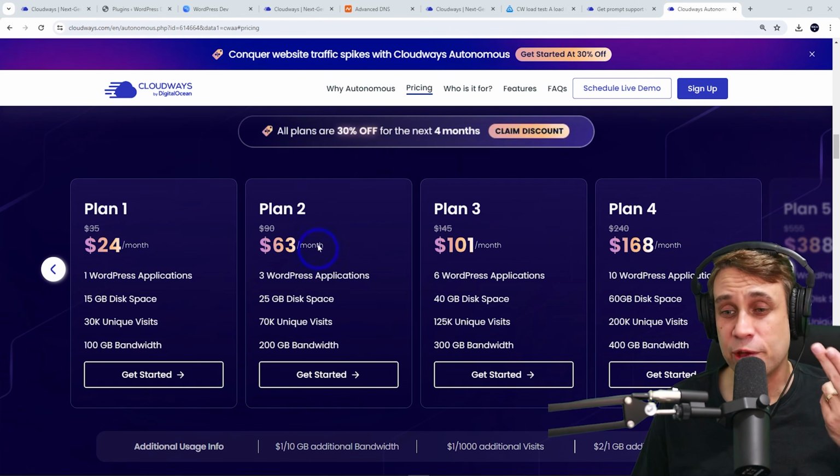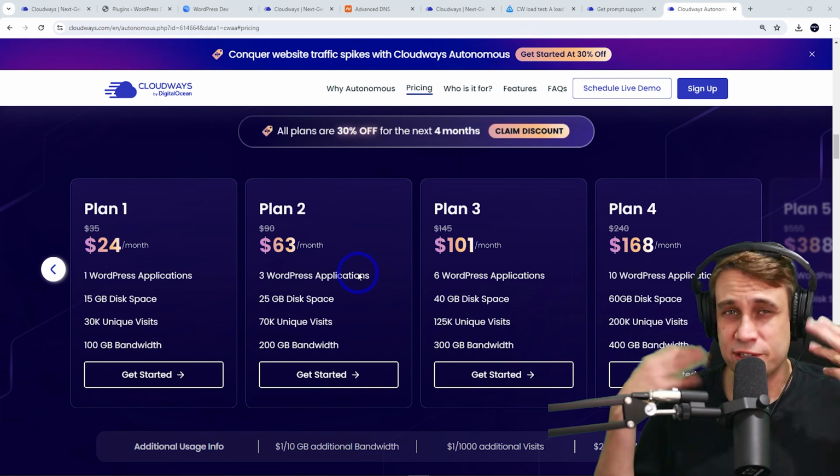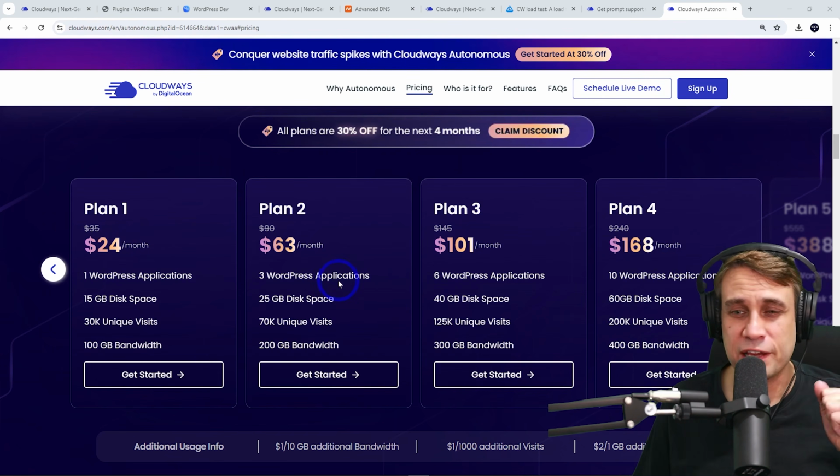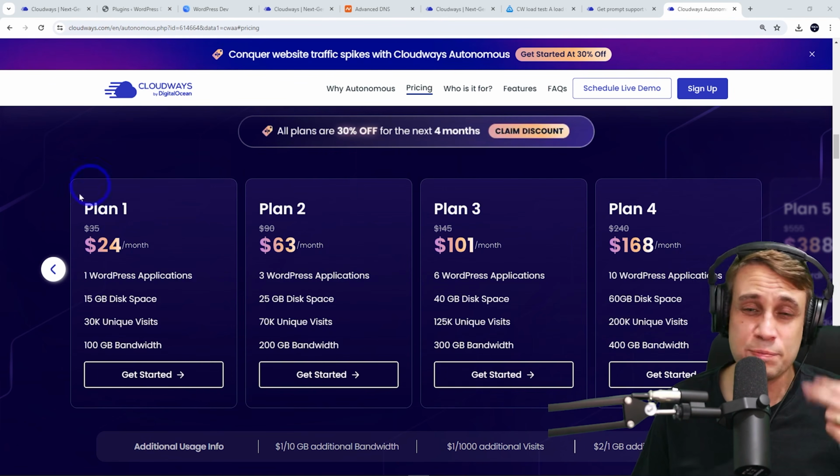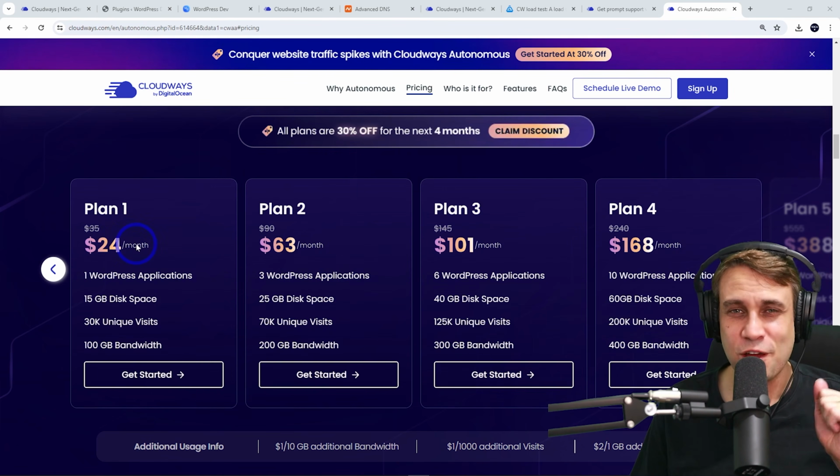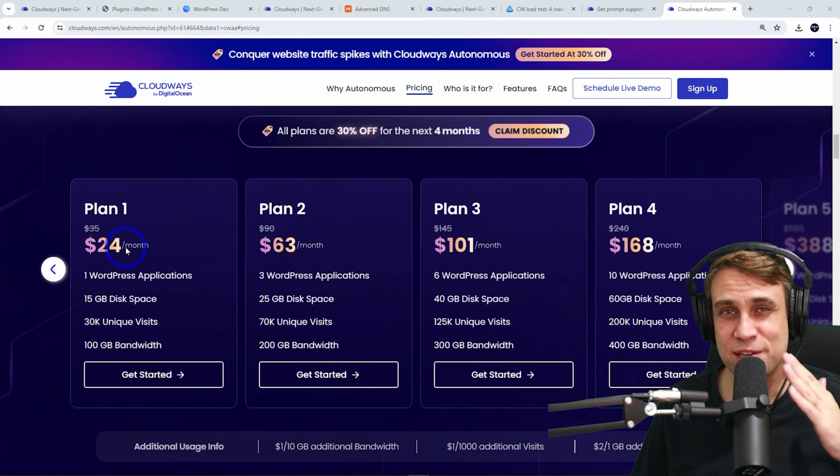And the plans scale up. They'll give you an increased number of WordPress installs. They also give you increased disk space, bandwidth, and traffic allowances as you scale up the plans. But this was all I was using today. So a very nice way of setting up an LMS site with auto